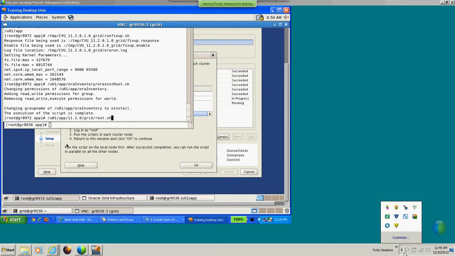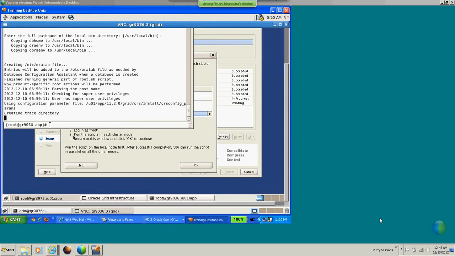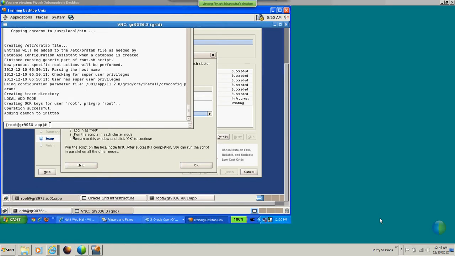Now see the difference in this. See, adding daemon to init.tab, when you run this, it will very clearly say that it already exists and